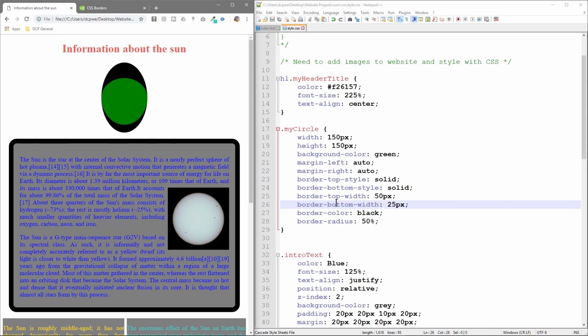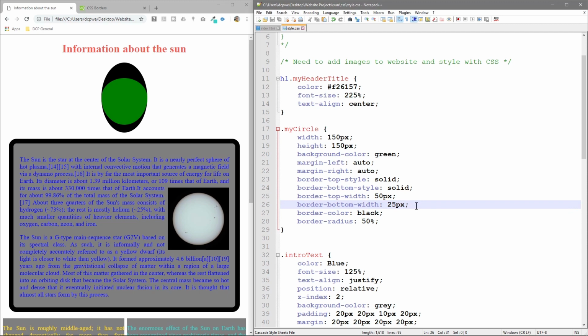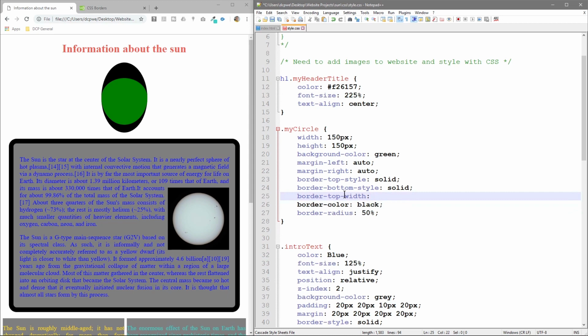It's interesting that we can actually manipulate the border and the circle. We can create these new shapes out of it, right? But it looks a bit messy, doesn't it? So let's just go back to our circle, and to do that we will simply get rid of this, and we just do border width, and we'll set that to 5 pixels,